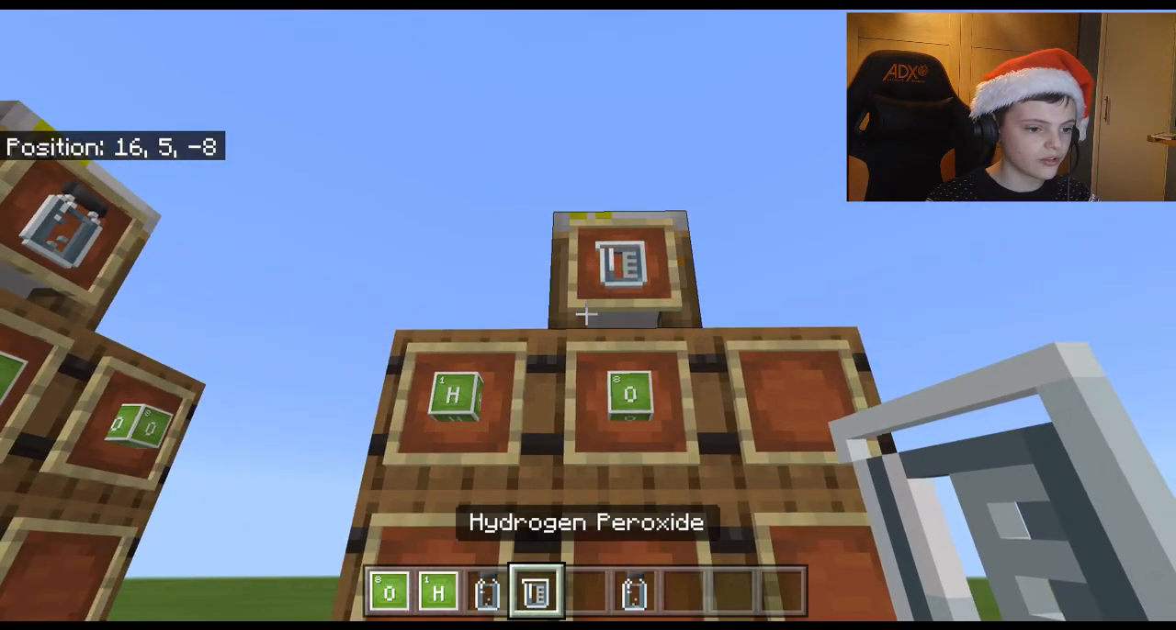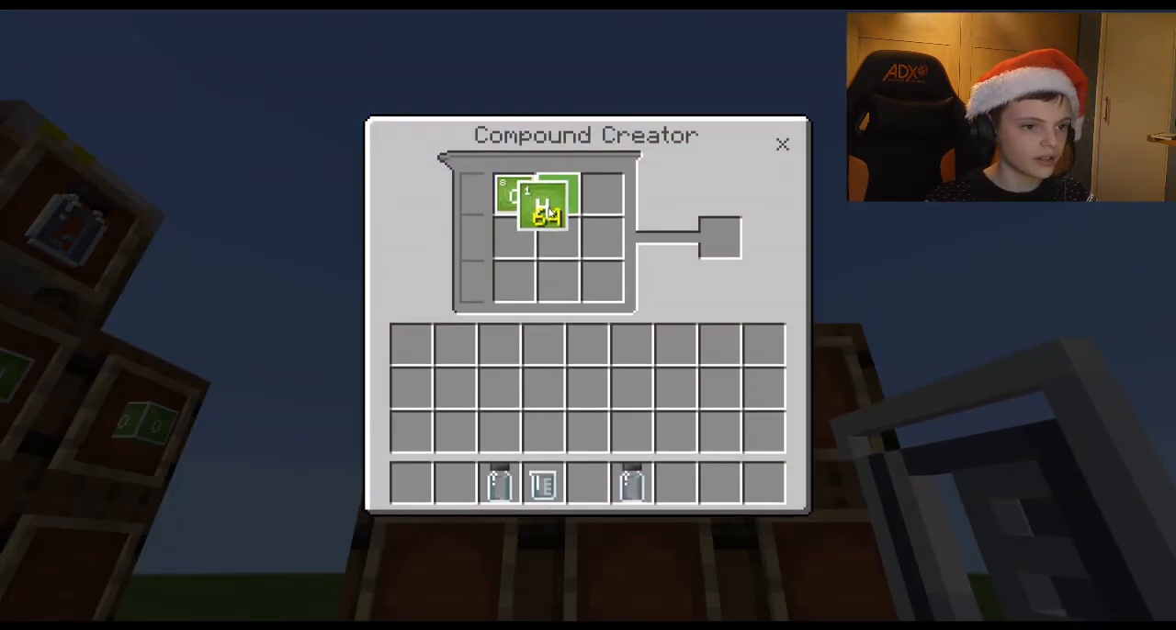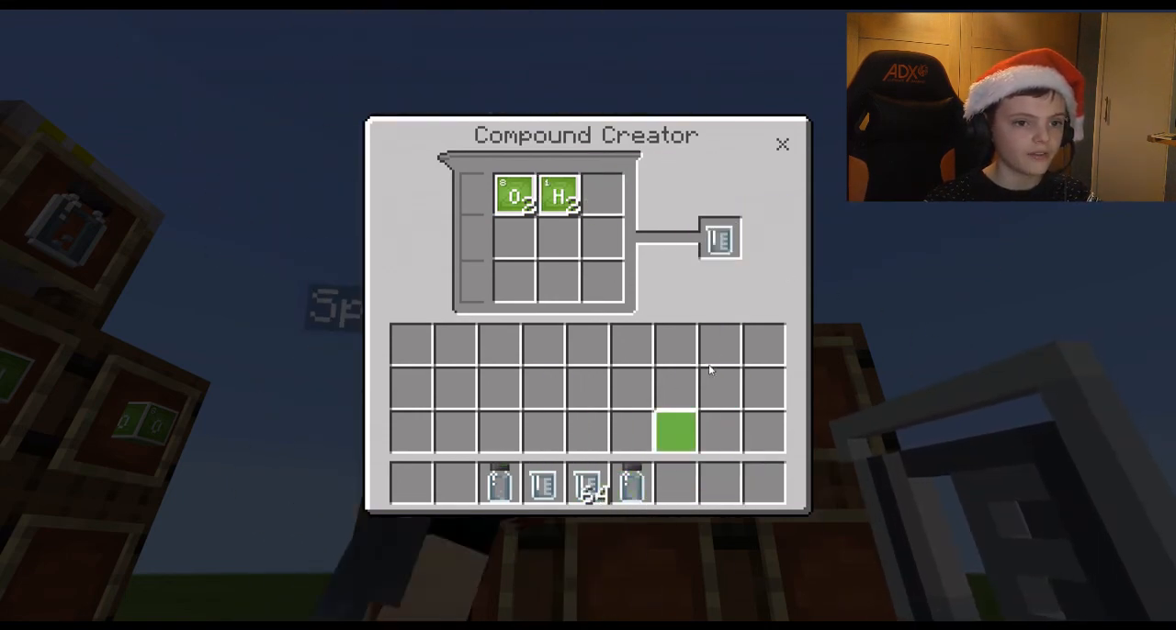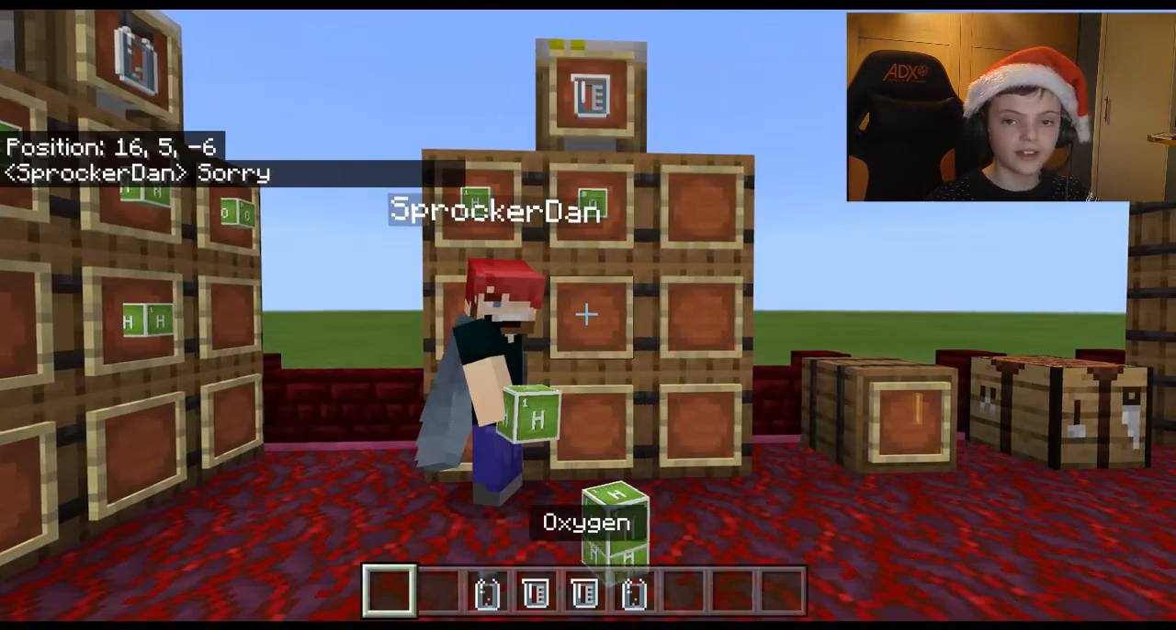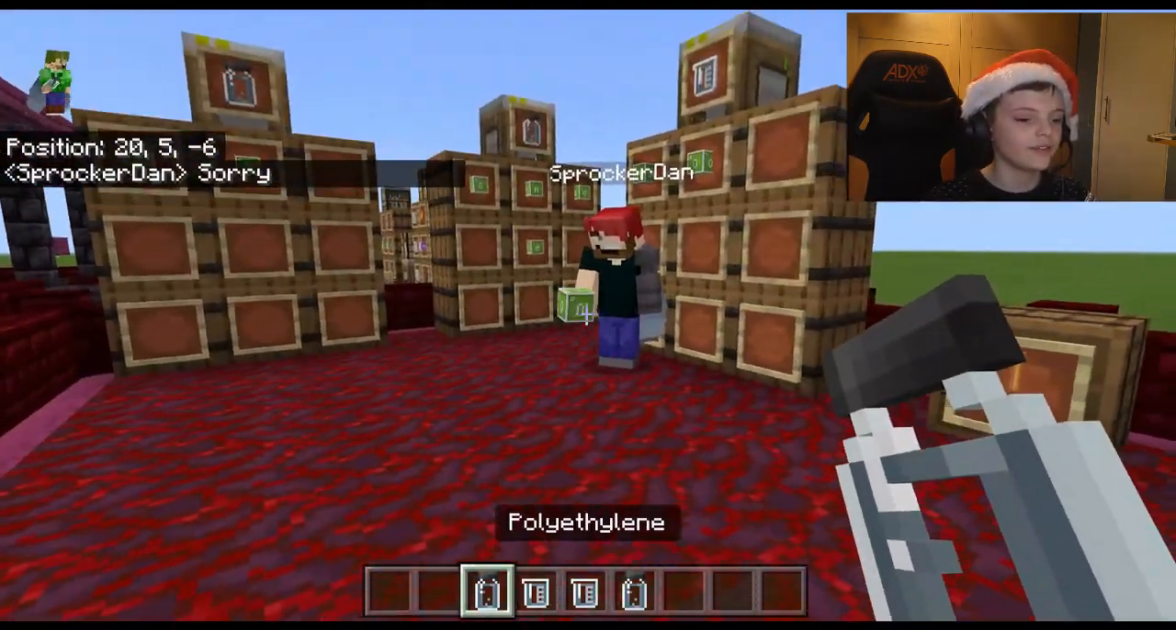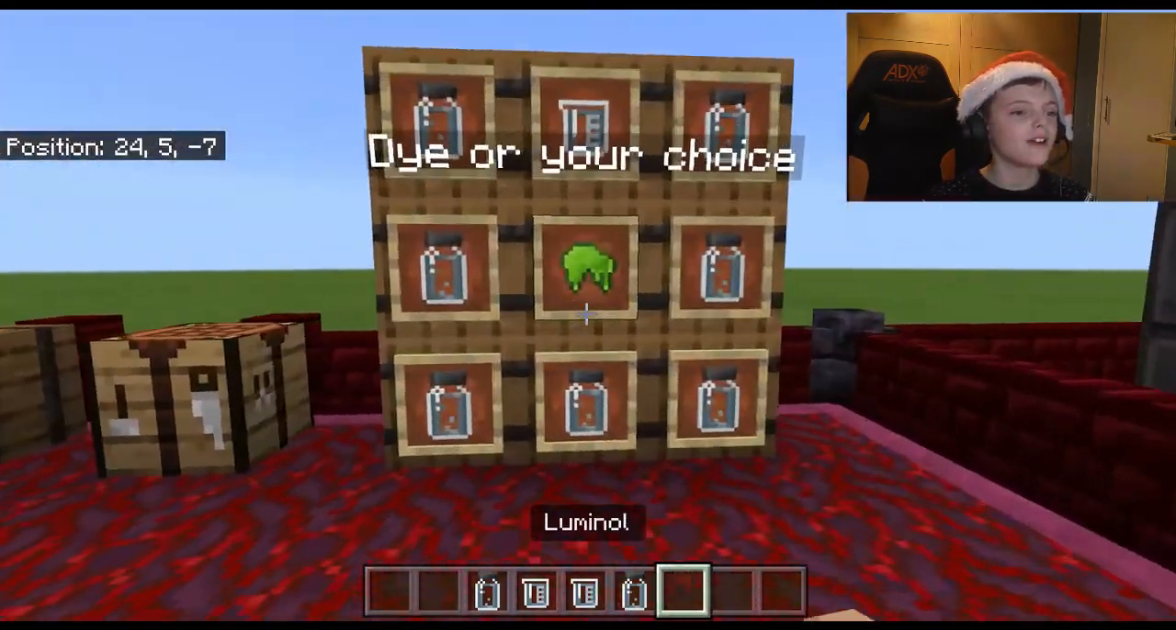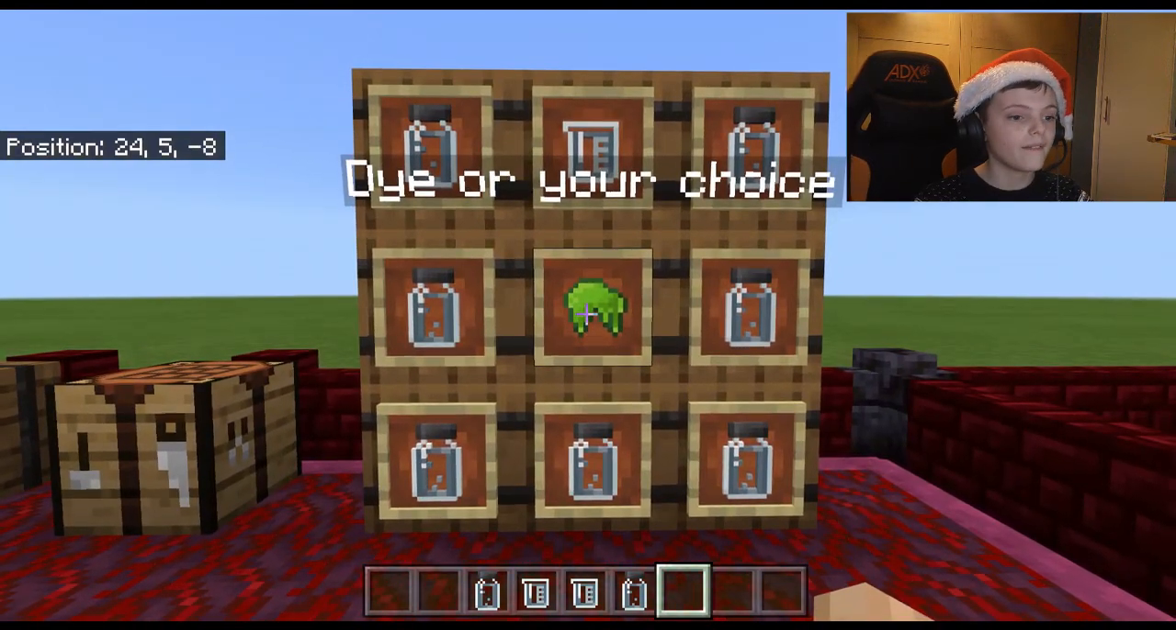It will get you hydrogen peroxide. So 2 oxygen and 2. Okay, hydrogen peroxide. Funnily enough, I learned how to make that in my last science lesson at school. It's fine, it's fine. So if you get a dye of your choice,